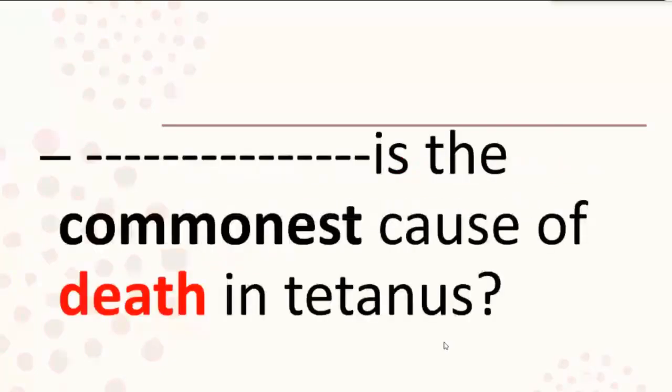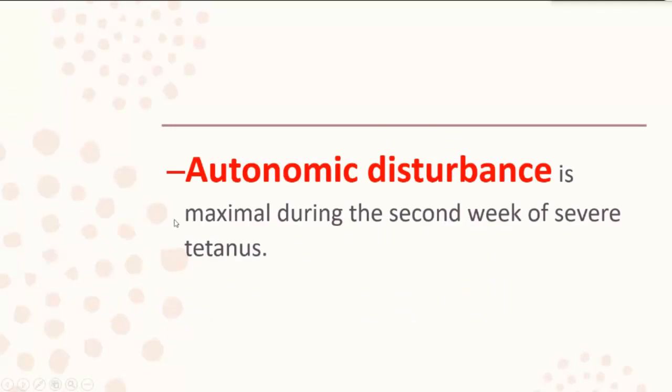Okay. So what is the most common cause of death in tetanus? This is a homework. You have to search for the commonest cause of death in tetanus. Clear? In addition to involvement of the motor muscles, the patient will complain of painful contractions. We saw that all the skeletal muscles are involved: neck, back, upper limb, lower limb. What did we say is the commonest manifestation of tetanus? Locked jaw or trismus.